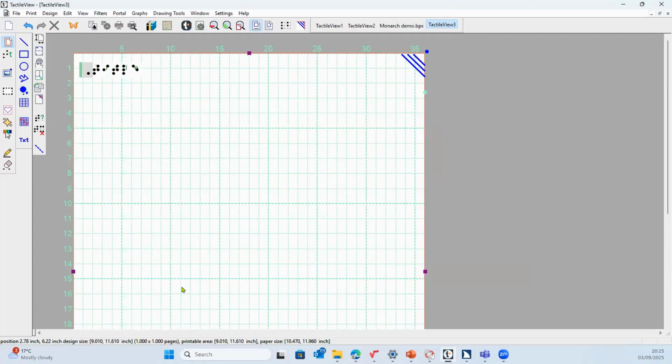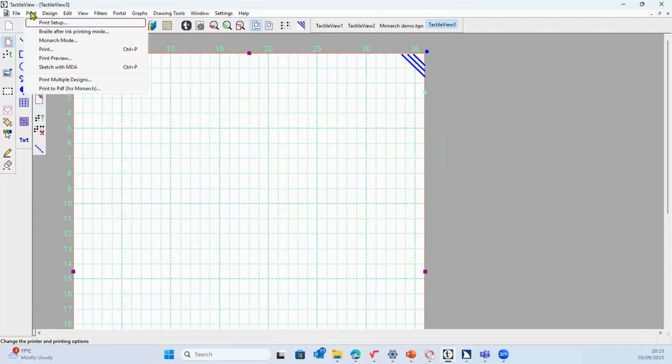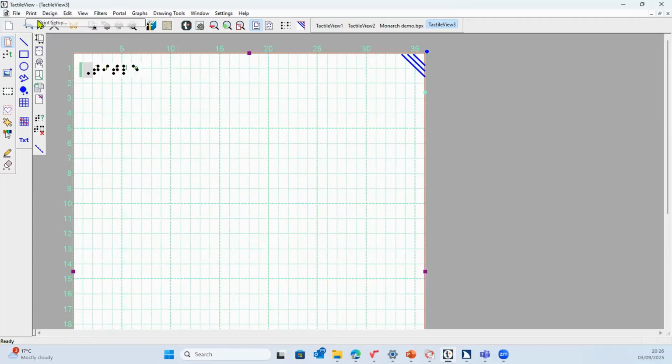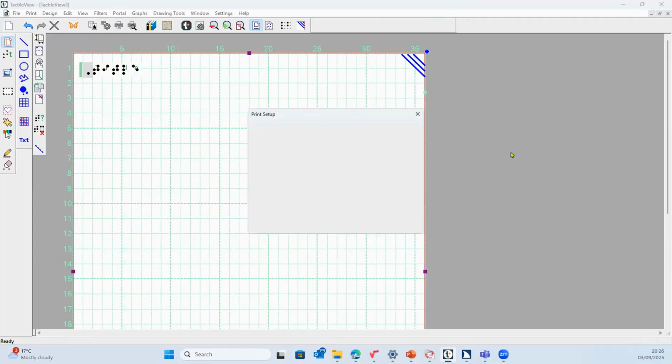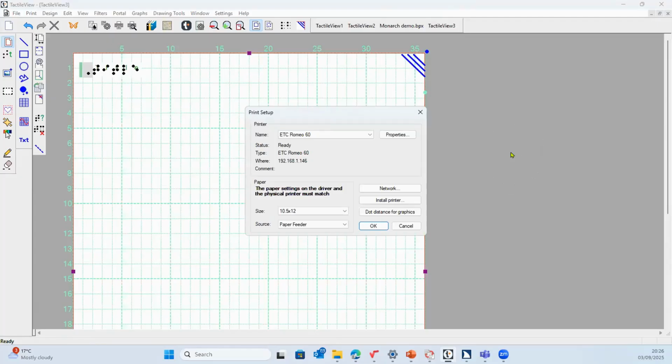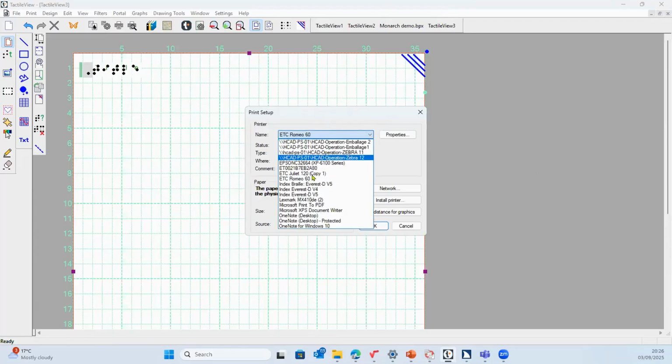Okay, and so now I'm back on using my embosser setting, which is set to the Juliet 120. And if you want to know how to set that up, go to the print menu, then print setup. In your print setup dialog, just like any printer, when you go to print, it's a drop-down option. You select the embosser that you want. Mine actually is in fact set to Romeo 60, not a Juliet 120, but nevertheless,